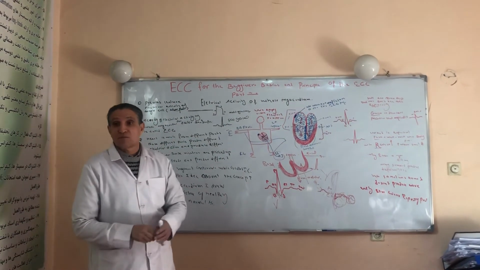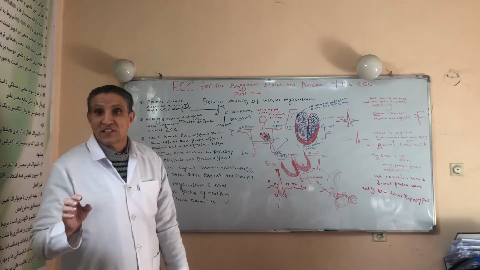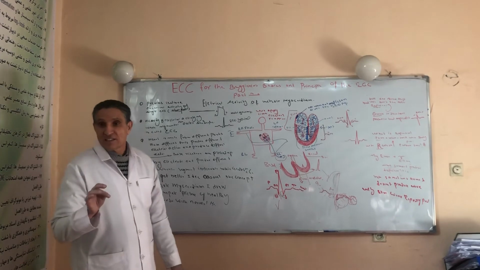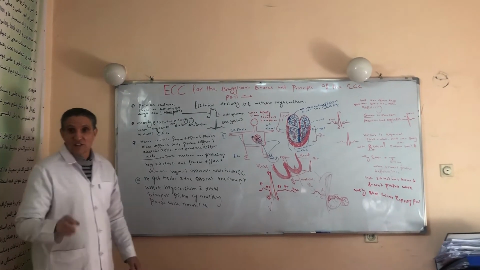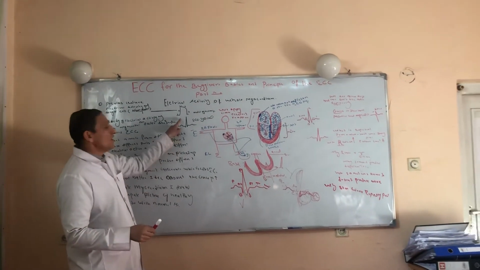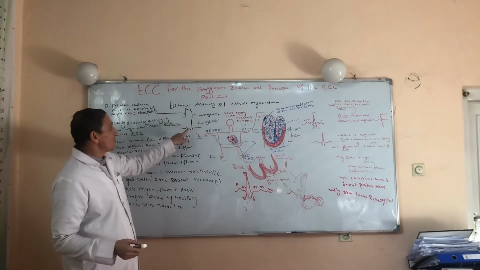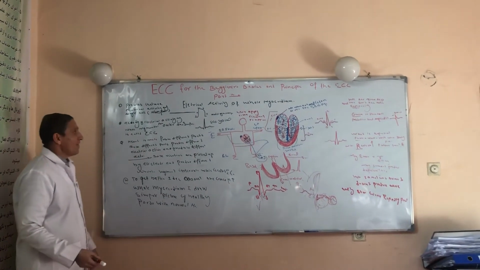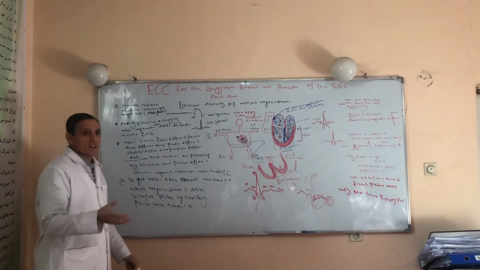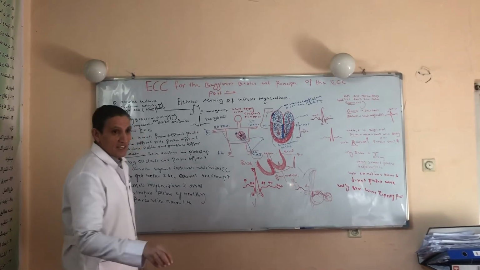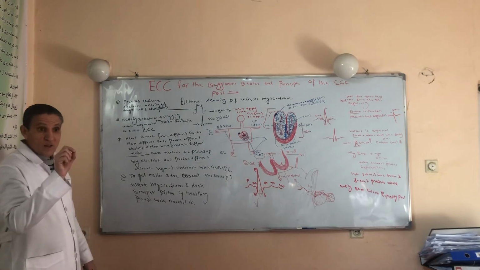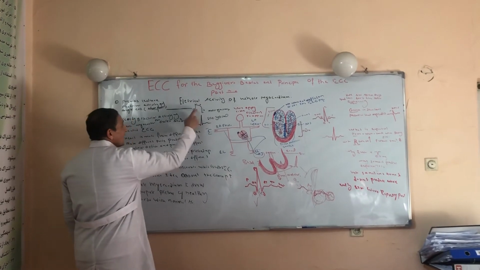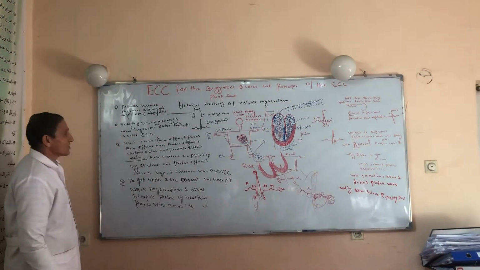Although we have different models for the action potential, for example, the SN node has its own action potential, Purkinje fiber has its own, and right atrium and right ventricle have their own diagram of the action potential. When we are talking generally about the action potential, this diagram is a model diagram. The action potential represents recording of the electrical activity from inside the cell through a small micro electrode. And finally, we produce this diagram.